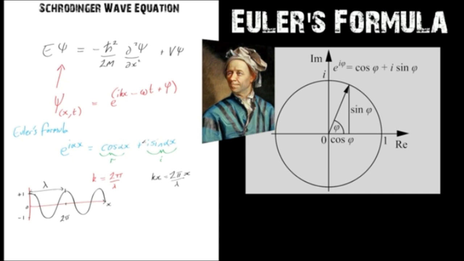Now the best way of thinking about this, I won't go into too much detail, is that they're probably just different axes. That's the best way to look at it. So imagine the cosine is on the y-axis and the i sine x is on the x-axis. So they're like orthogonal, or 90 degrees, representations of the wave. And so a combination of those two will give you the two-dimensional wave that this represents. But I didn't want to go into too much detail of that because it's not really the point of this